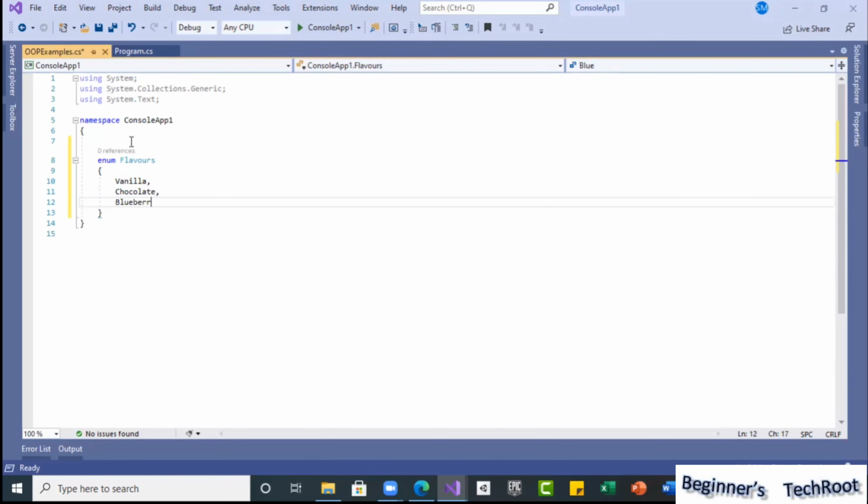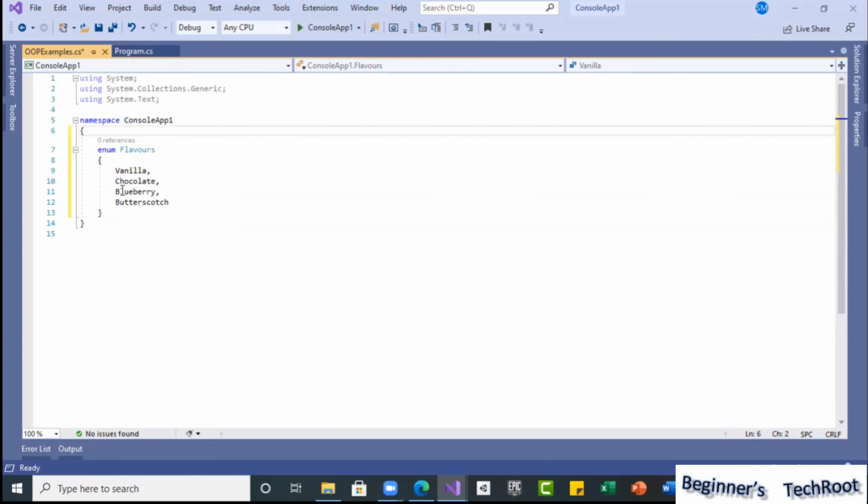I will just take a few examples. Okay, enough. We discussed enumerations already. I am not assigning any specific values, so by default it starts from 0. We can observe here that vanilla is 0, chocolate will be 1, and like that. So the Flavors enumeration is ready now.